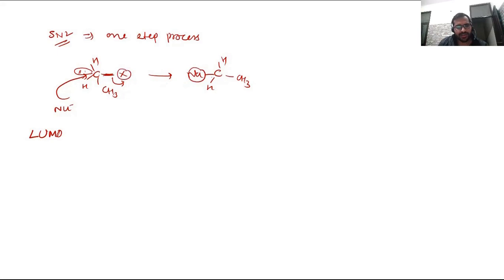It means that the stereochemistry of this reaction is reversed because the attack is from the backside. So we can say that there is inversion of configuration, or inversion of stereochemistry, because the configuration is totally reversed here. That is why there is inversion of configuration. So this was all about the stereochemistry of SN1 and SN2 mechanisms.